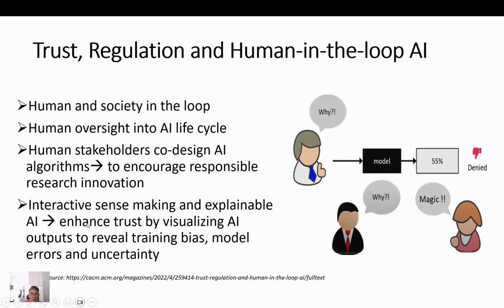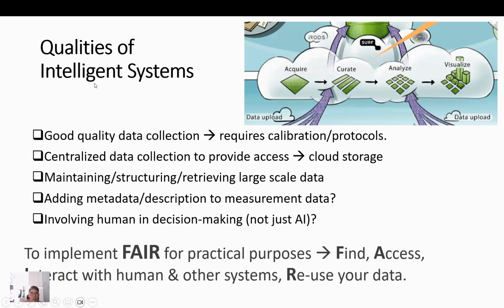Okay, so we need to also make sure it's interactive, so that people can try to make sense and try to explain some of the AI, and to be able to know the model errors and uncertainties. Okay, and the quality of intelligence system, you must have good qualities, centralized data collections, and we need to maintain so that people can access it,